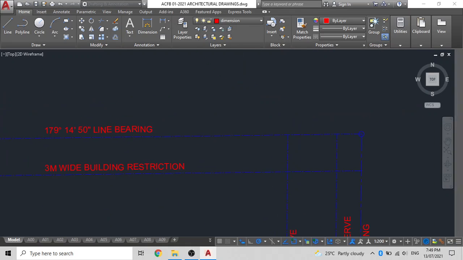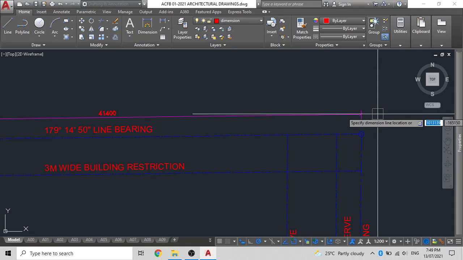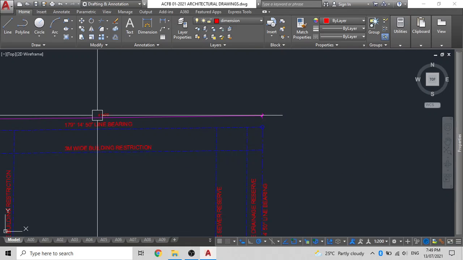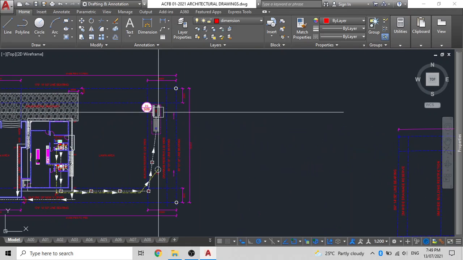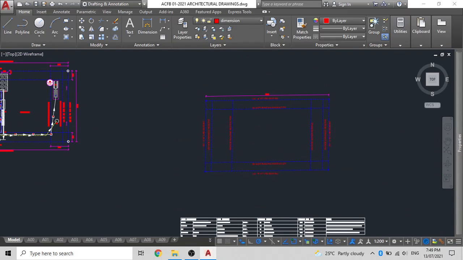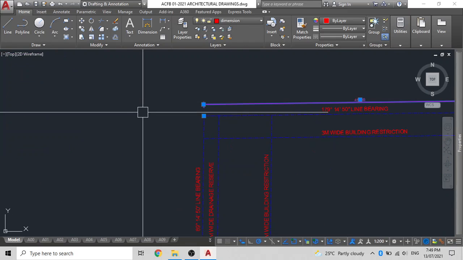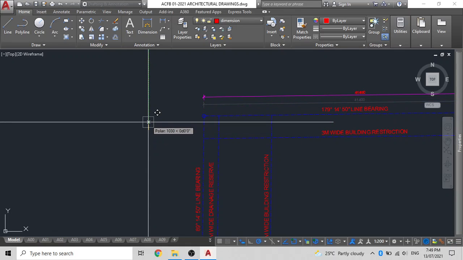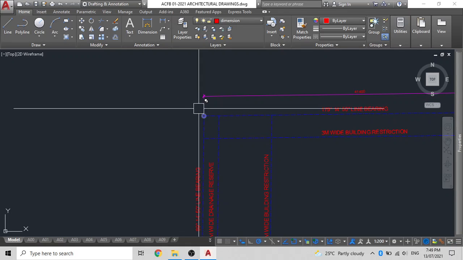like so, and just move them out. Now if these do not match the distances that has been given to you on your site plan, then you'll have to go back and readjust them. But for this case everything seems to be okay. So what I'll do is I'll just move this one up slightly more so that I have room to put more of my